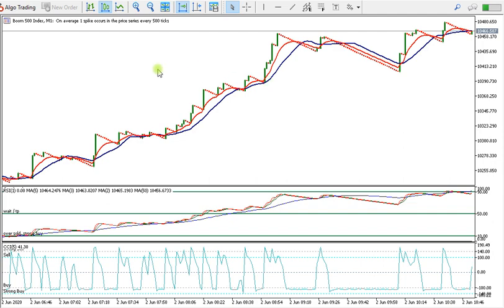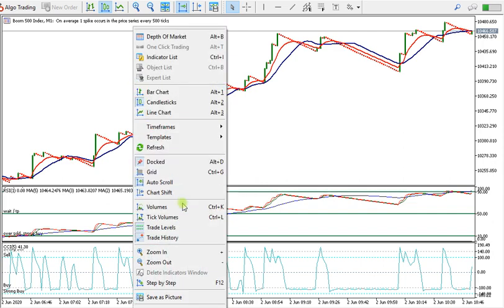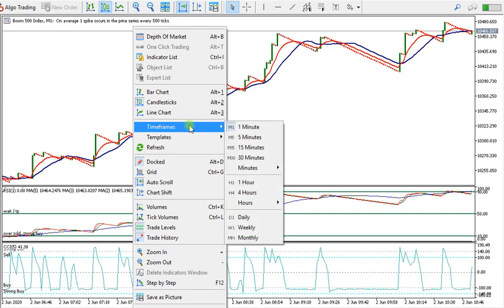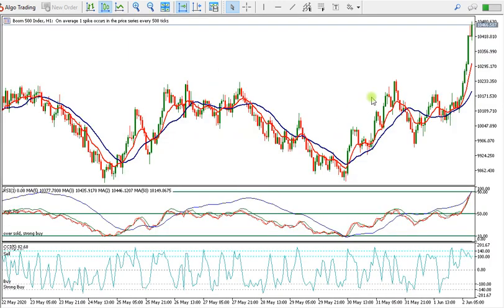So the conditions for Boom are not that good for buying at the moment, because it has been in an uptrend, meaning that it will come down very soon. You can check that by looking at the time frame. Always try to put it into the 1 hour time frame and see what is happening on the main chart. So you see we have been having an uptrend going up, but it will soon start coming down, because the bands here have already met on the